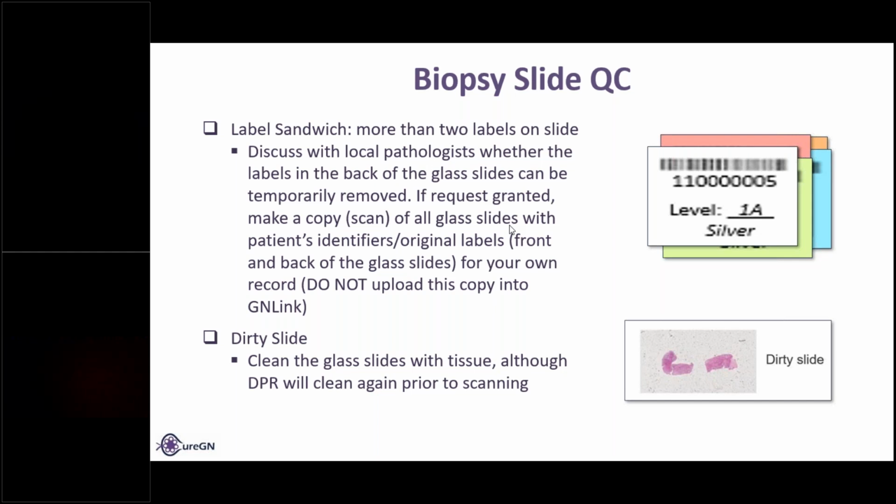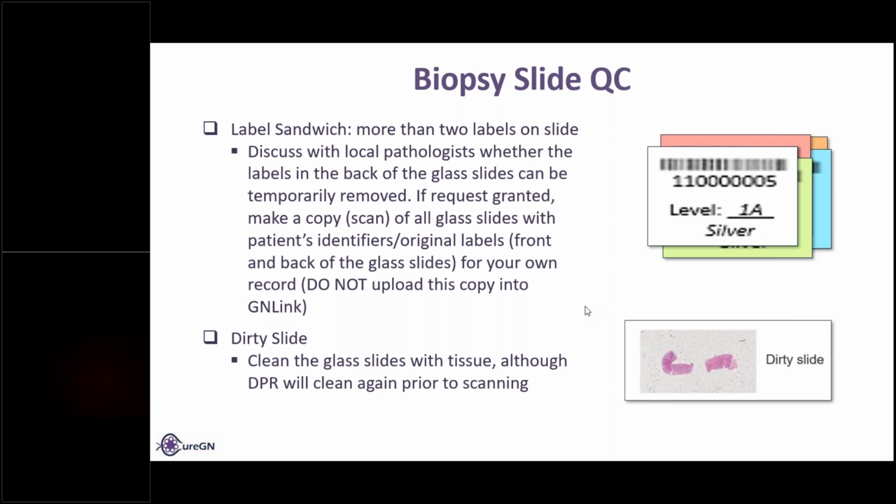So some of the issues that affect the DPR being able to scan the slides. First one is the label sandwich. It's basically when there's more than 2 labels on a slide. So similar here, like there'd be like 5. And I have seen that many. So we just ask that you discuss it with your local pathologist as to whether these labels on the slides